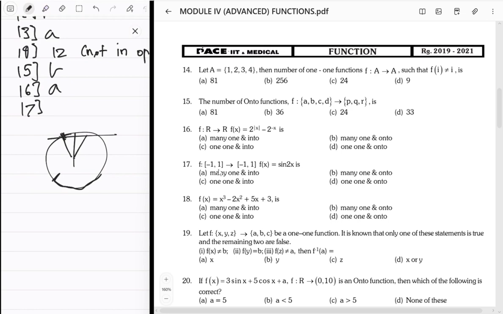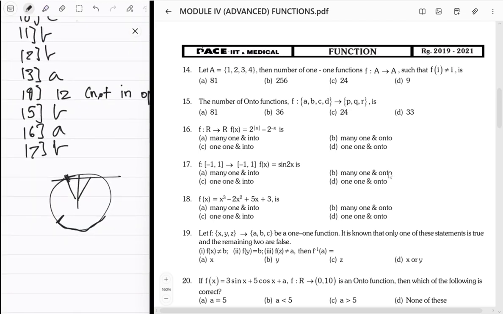Which basically means that it's many-one, and also it's onto because all the stuff is covered, right? And then there's repetition as well, so it's many-one and onto. So B. Next,